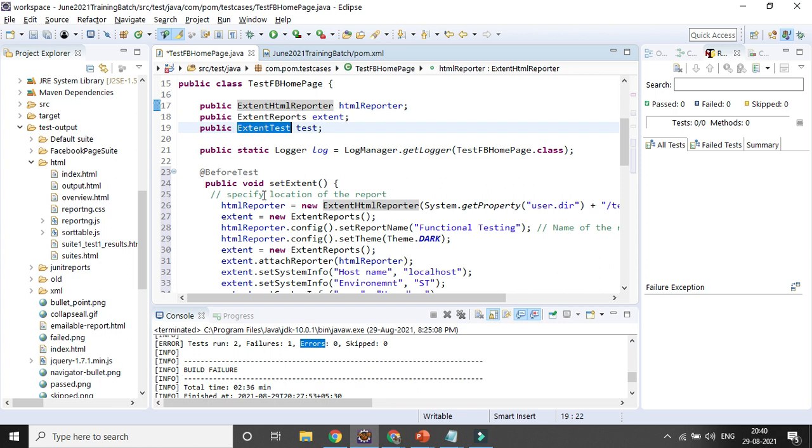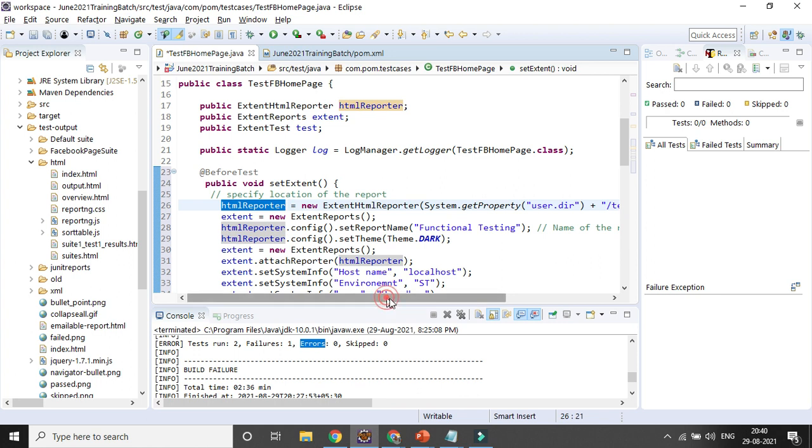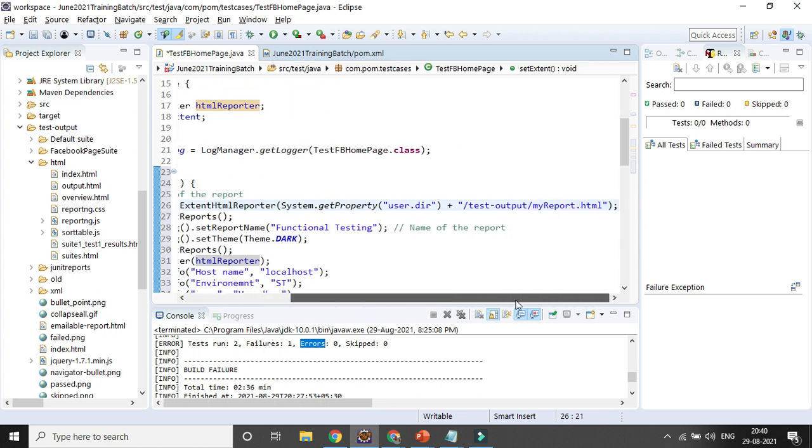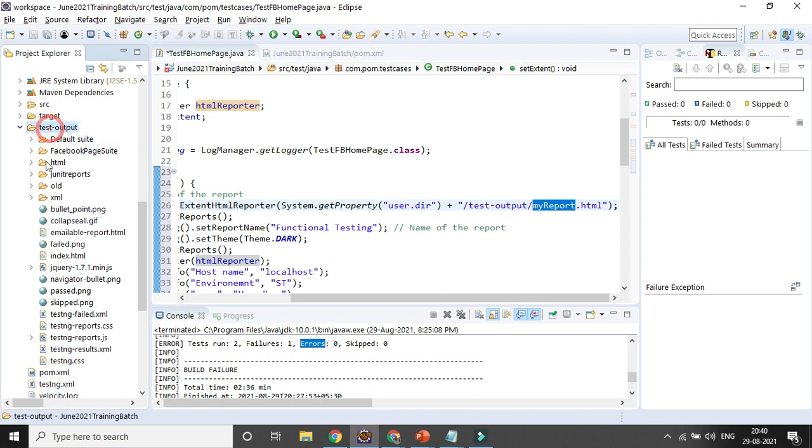With the help of the HTML reporter, we will be using new ExtentHtmlReporter, and here you provide the path, System.getProperty user.dir, and which path? In the test output folder we will be creating a myreport.html file. From that we can get the details.